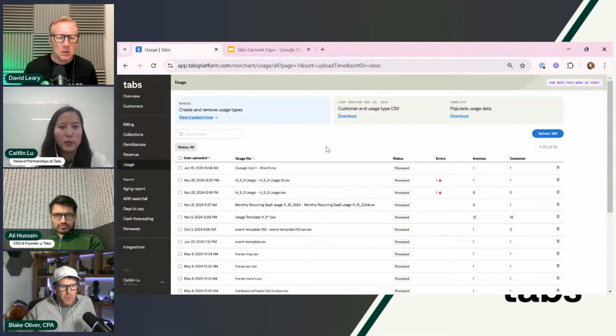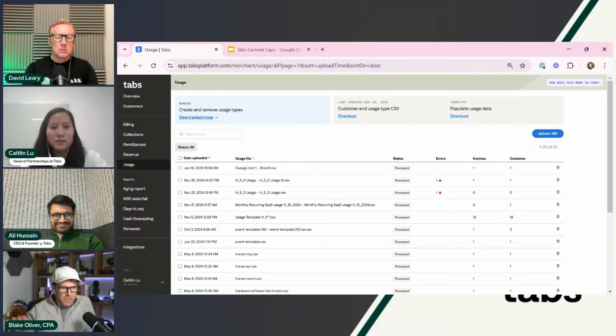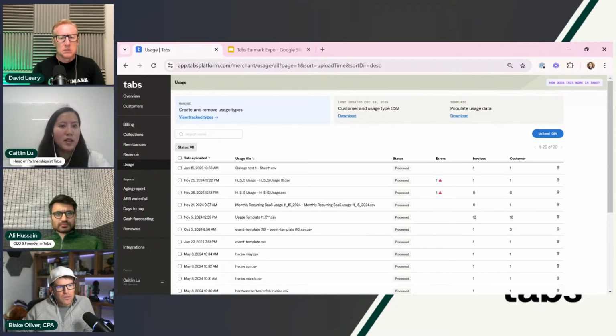So I have an export from my app, like if I'm a SaaS company, with the usage. I upload that and then you generate the invoices based on the usage. Exactly. Yep. Or you could even integrate in some way your BI tool with Tabs, but most accountants already have a running spreadsheet,